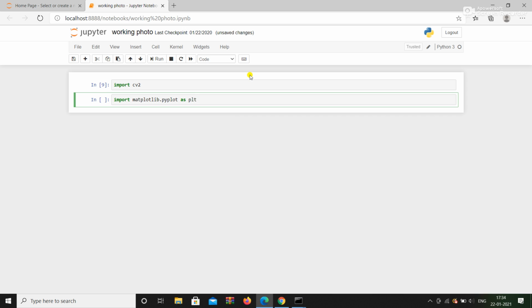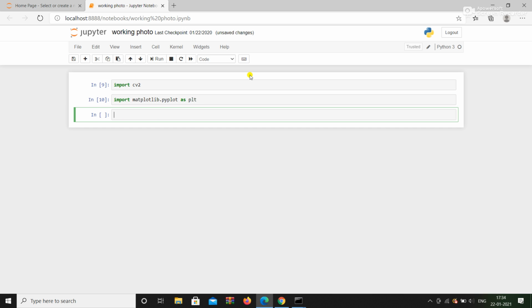Now I am interested in capturing the image with the help of the webcam. So press Shift plus Enter to go to the next cell, then type cap equal to cv2.VideoCapture. In VideoCapture, the V and C are capital, with 0 in brackets.